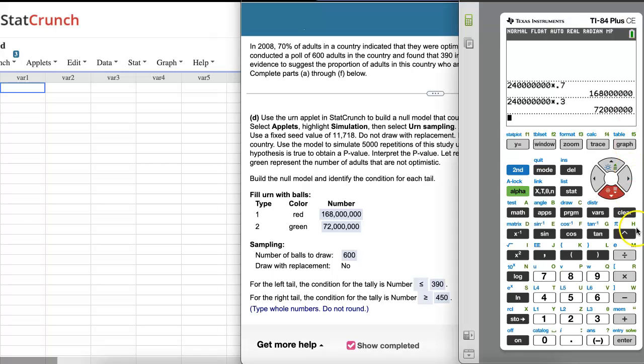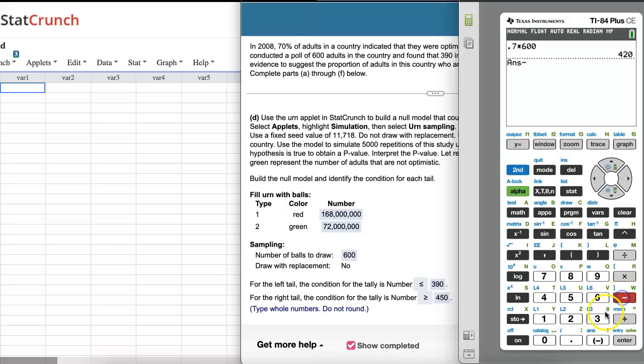So let's come back to our calculator and let's do 70% of 600. So this is what ideally we should have seen from that poll if it exactly matched the previous survey of all the country's residents. We should have seen 420, but instead we saw 390. Okay, so that is different